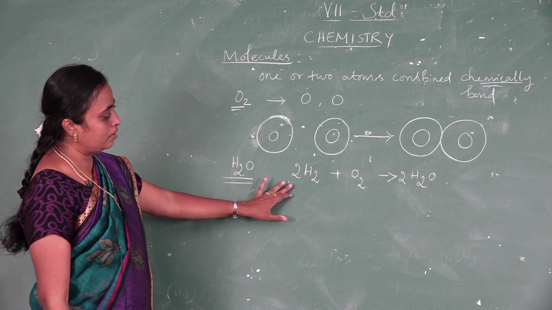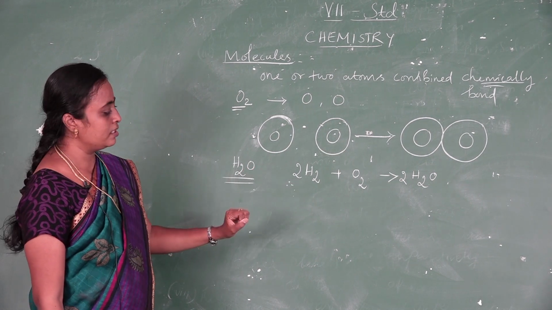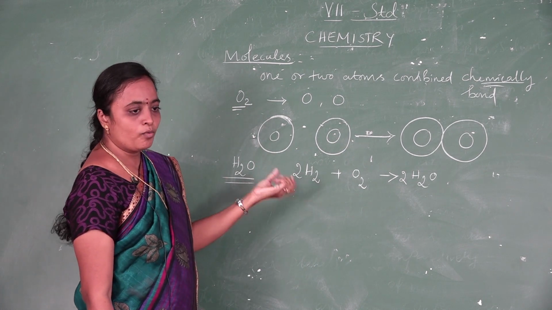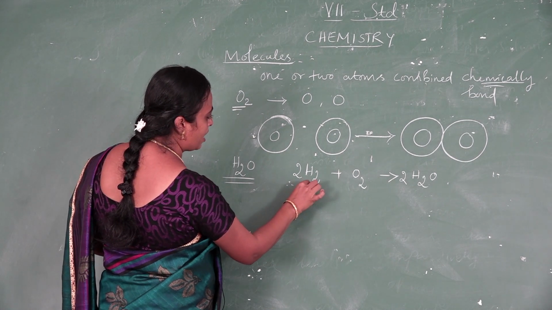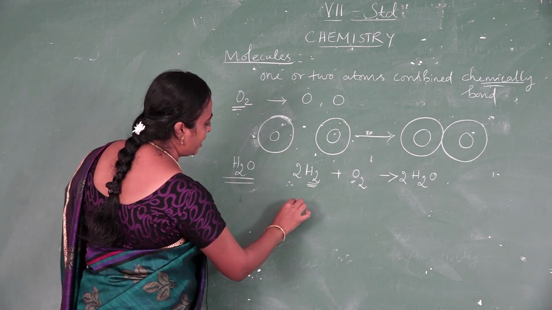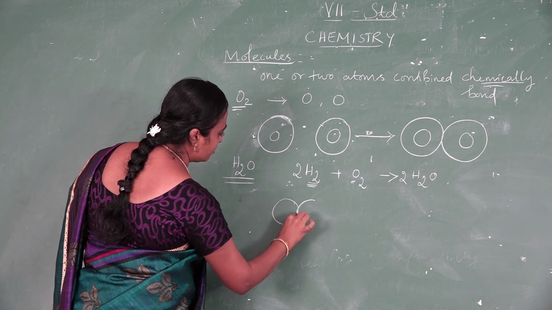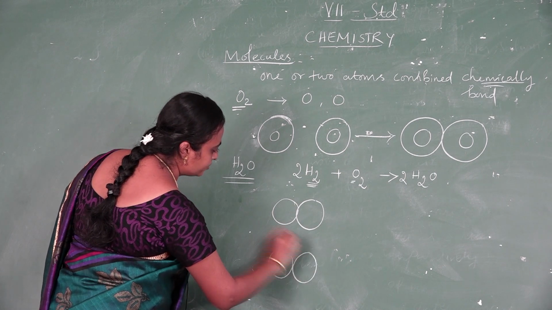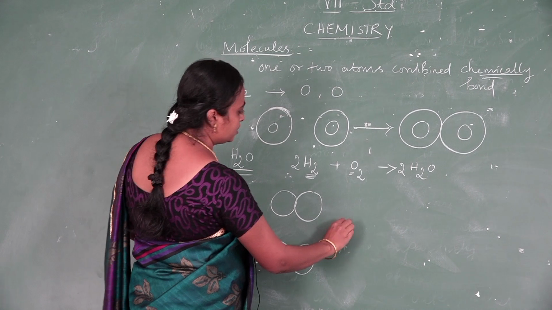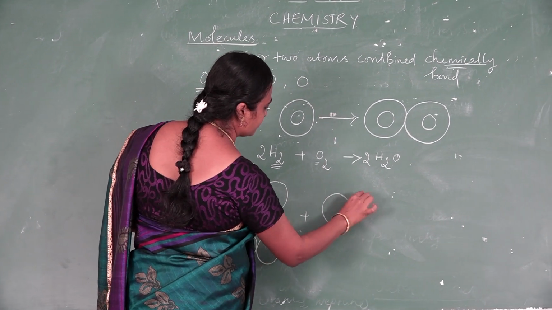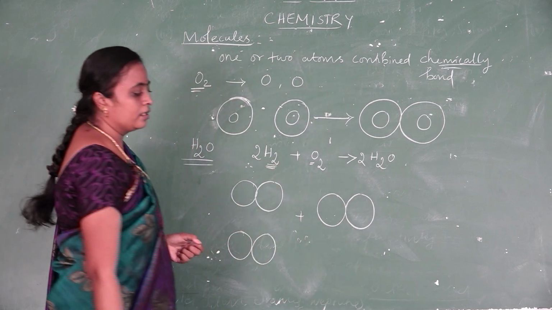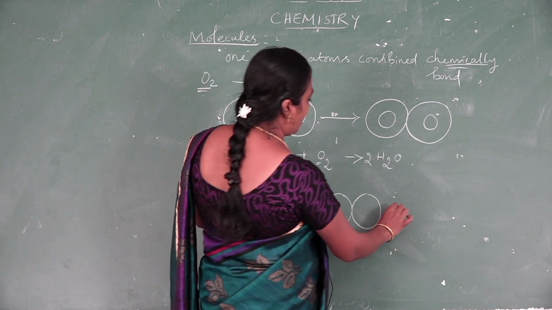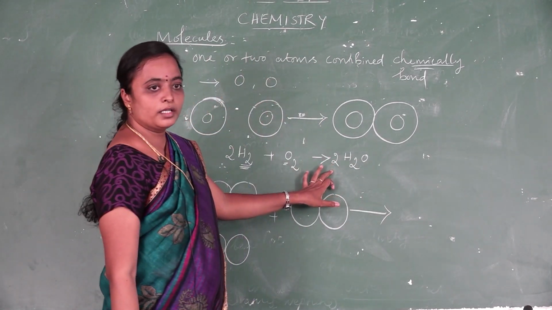So how can you give a diagrammatical representation of an atom and a molecule? Very simple. If I am taking two hydrogen atoms, this is a molecule and this is also a molecule. One hydrogen molecule, another hydrogen molecule, combined with the oxygen molecule. This is two hydrogen molecules combined with one oxygen molecule and you will get two water molecules,